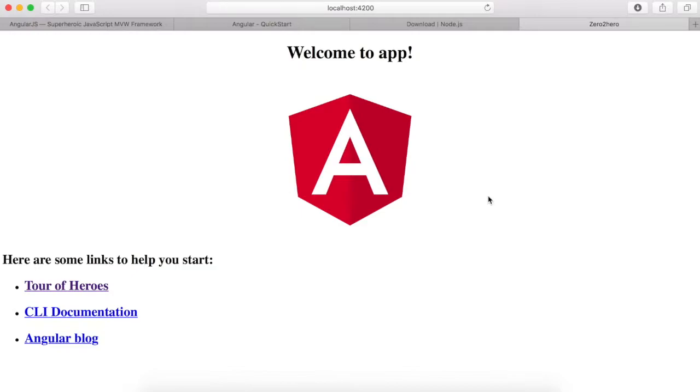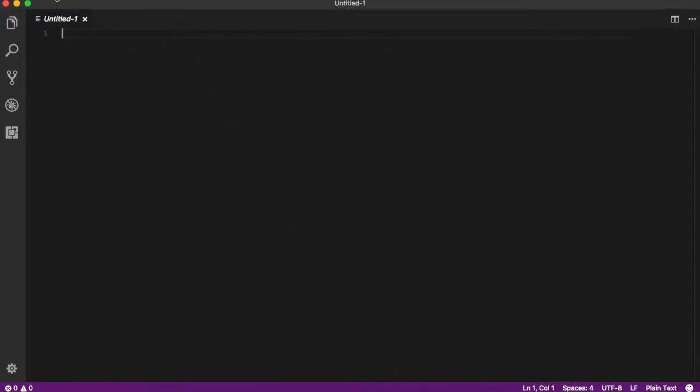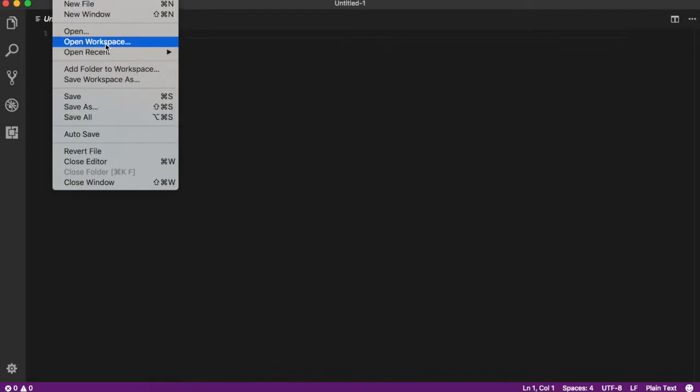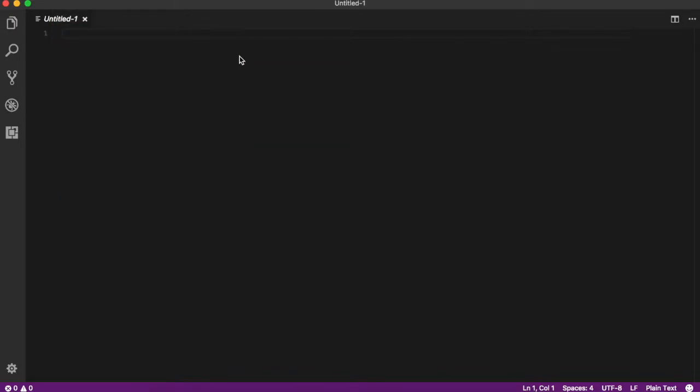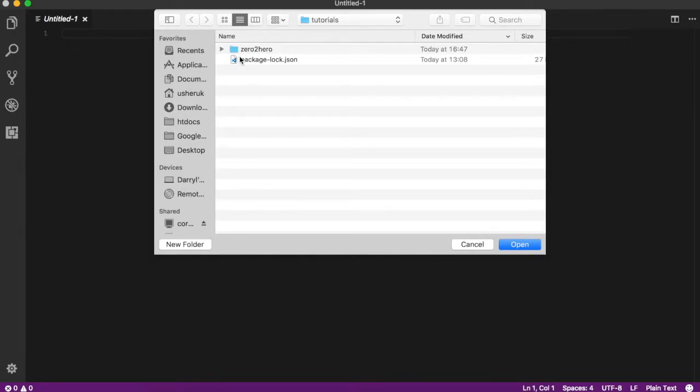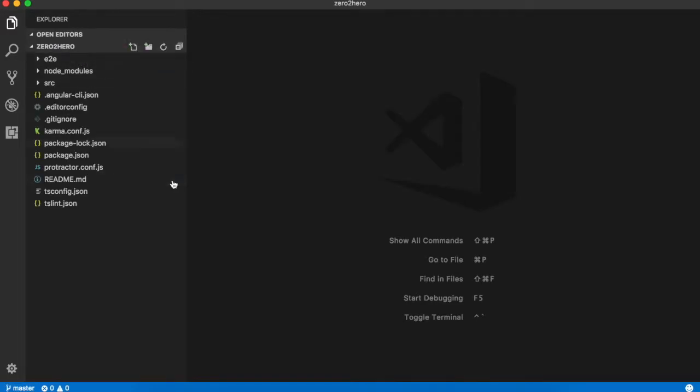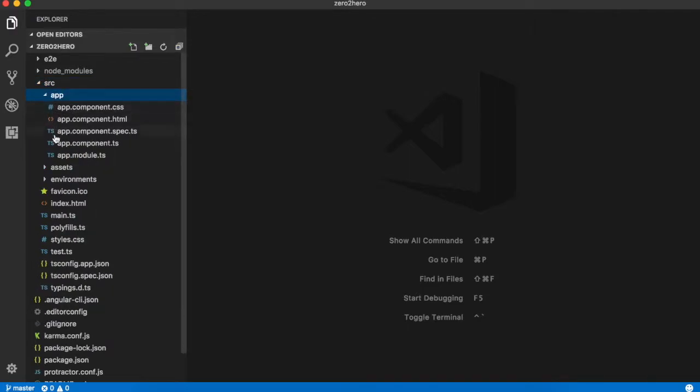So what is next? Well, if we open up a code editor, I'm using VS Code. Let's go into the folder. So here we have 0-to-hero, the package we've just created. And in here, we see a whole lot of files. We want the source directory. We also want the app. Let us open up